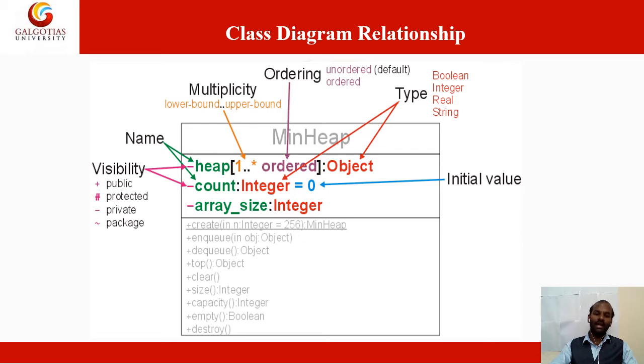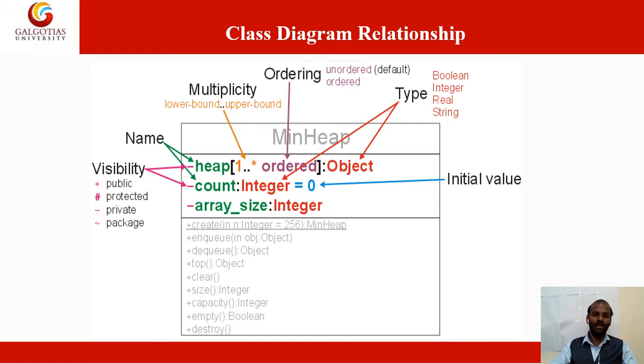So coming to the attributes, before I was mentioning some pink colored lines, just a hyphen. So this hyphen indicates private. So this particular variable is going to be declared as private. So this is not for common use. This should be a unique value, or it is not going to be inherited or shared with any other classes. So this is a private value, which is indicated by the minus sign.